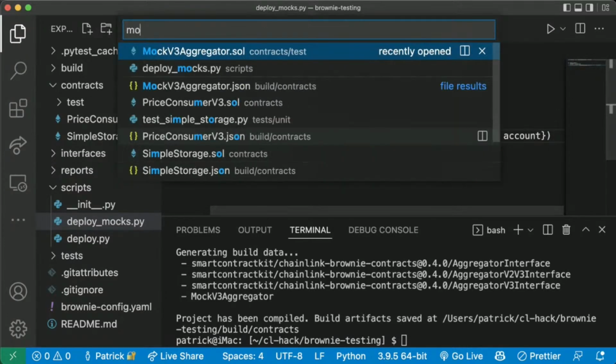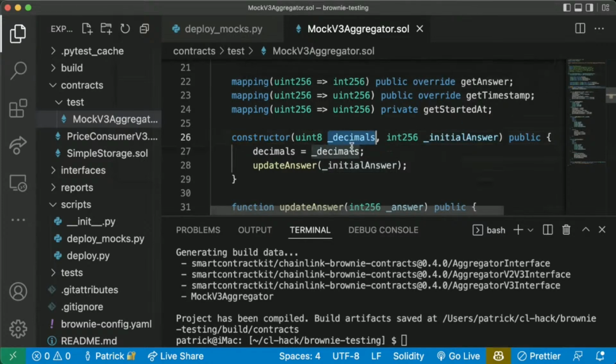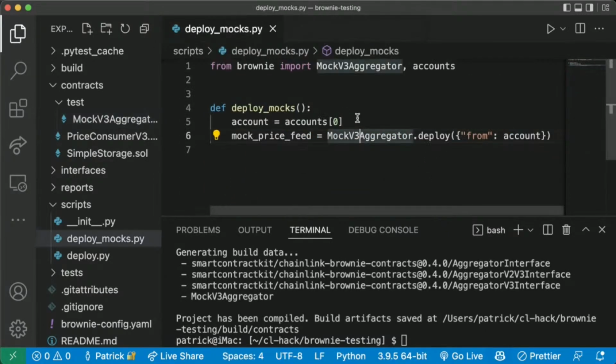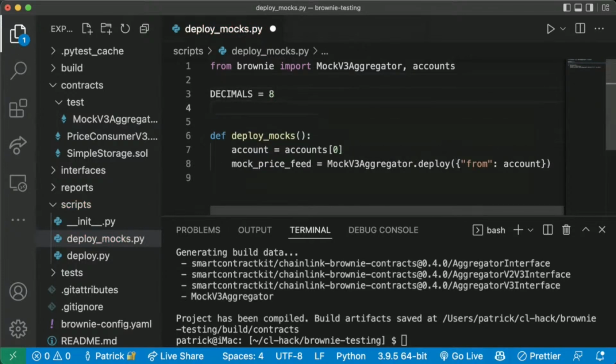However, this mock v3 aggregator has a constructor of decimals and an initial answer. So this is a price feed. So the decimals of the price feed, and then whatever the price of it is. So we can say decimals equals 8, initial answer equals